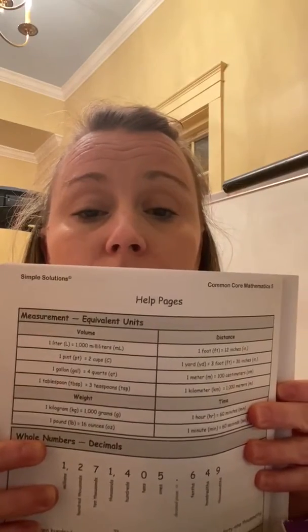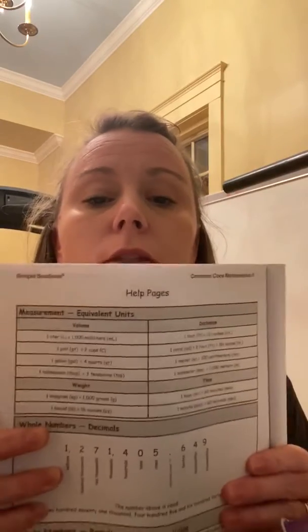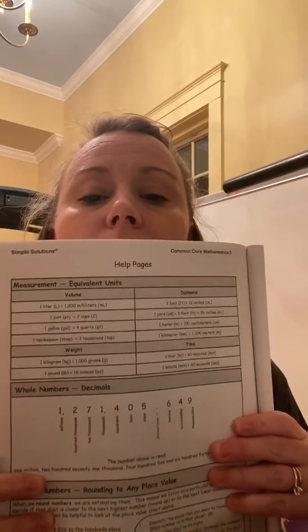But the measurement, the equivalent units chart in the back of it is very helpful. So you'll probably want to refer to this during our lesson over the next 2 days. All right, so I'm going to keep this on hand so we have it in case we need to look for it. But the first word problem that we're going to talk about today, or the conversion problem, is Jack measures